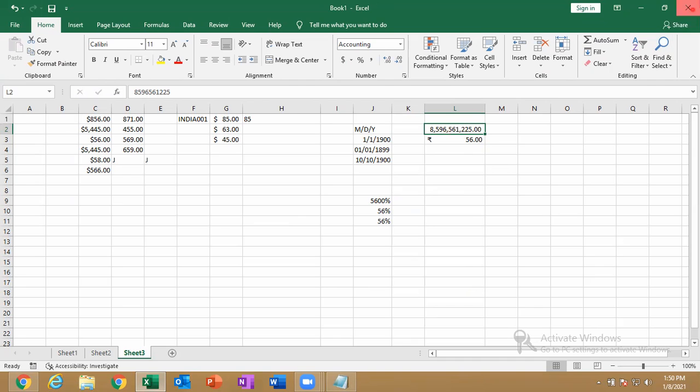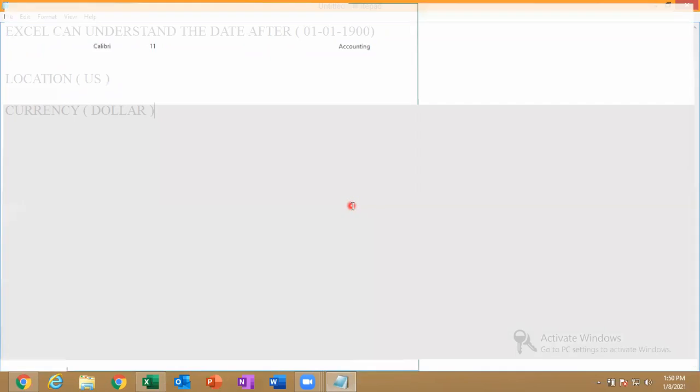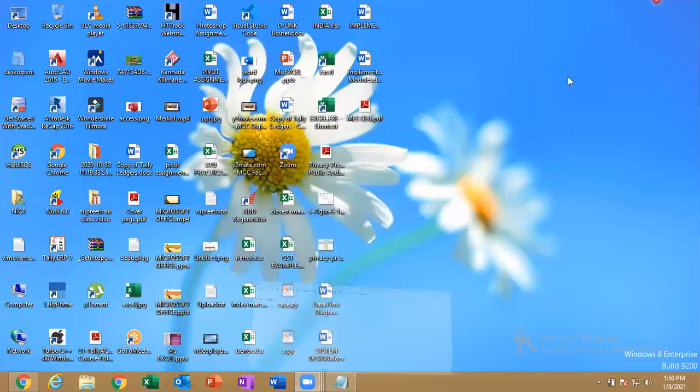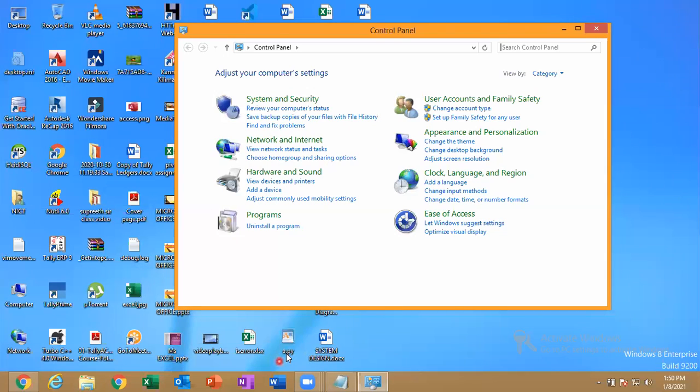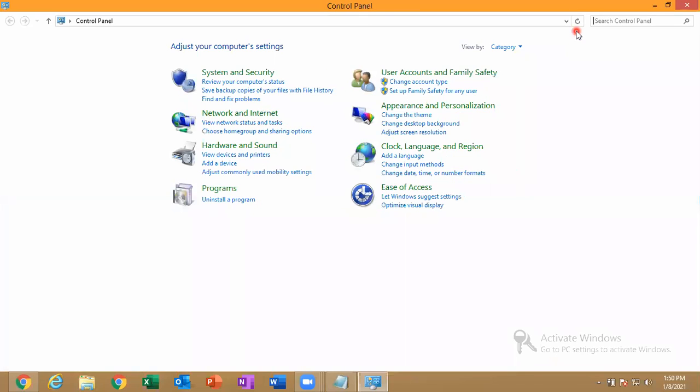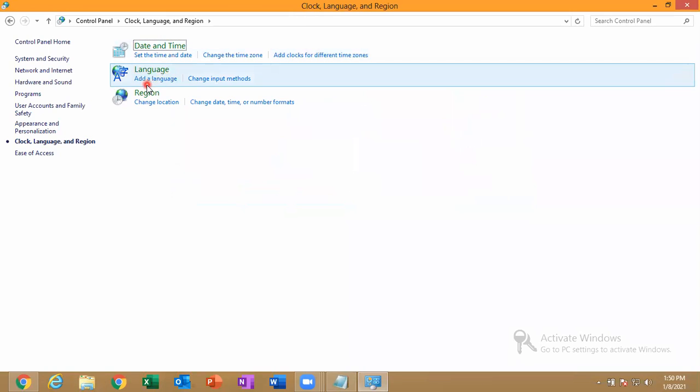So just close your Excel workbook. Go to the run command and type control. Now go to clock, language and region, and here go for region.